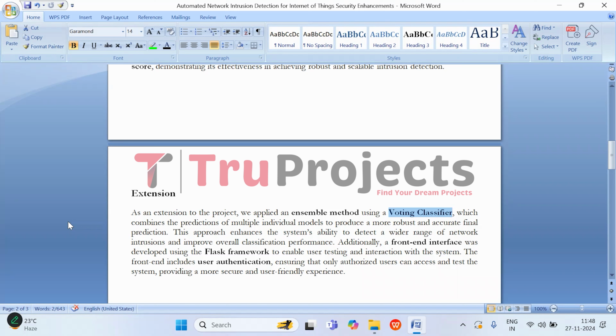its overall accuracy. Along with that, we have developed a front end using the Flask framework to make the system more accessible for user testing. This front end acts as a user-friendly interface where users can interact with the system, input data, and see results. To ensure security, we included a user authentication mechanism to secure the user details, meaning that only authorized users can access the system. This ensures that testing is done in a controlled environment and provides a more secure experience for anyone using the